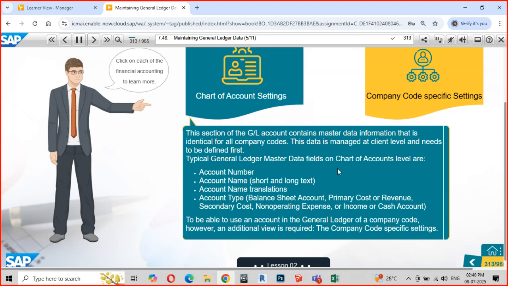So I had made a statement where your Reliance Jio, Reliance Smart, Reliance Fresh, Reliance Petro, all these had one operational chart of accounts. Yeah, that's what it says. Identical for all company codes. This data is managed at the client level. So obviously it is quite natural, right? If I have designed